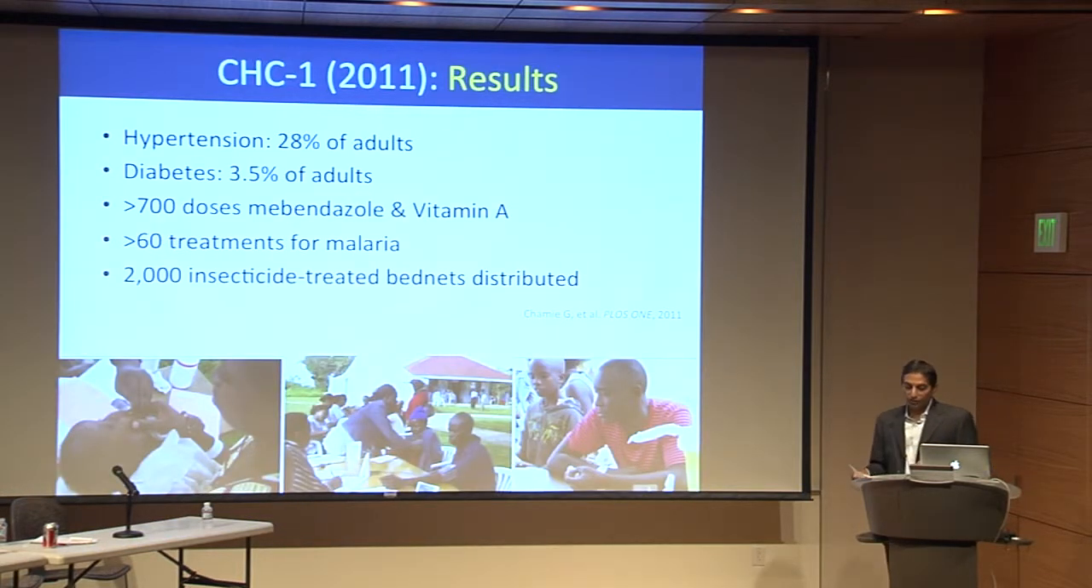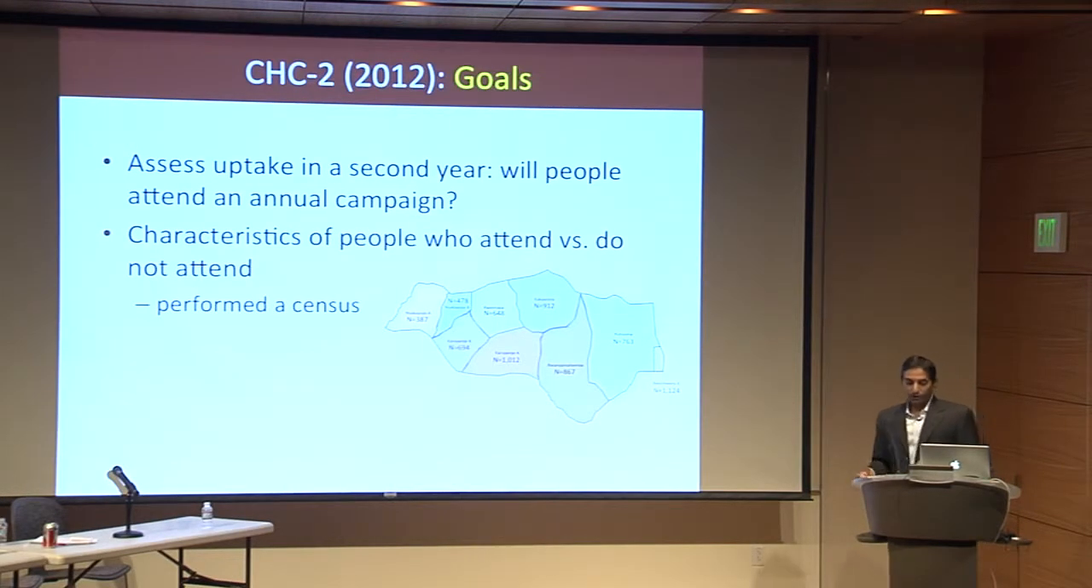In terms of non-HIV outcomes, as I mentioned, we also looked at other things and found a high prevalence of hypertension, 28%, and diabetes at 3.5%. We did a lot of service delivery in this only 5-day campaign. Over 700 doses of mebendazole and vitamin A were distributed, treatments for malaria were provided, and over 2,000 insecticide-treated bed nets were distributed. So 1 year later, in 2012, we went back to the same community and did a repeat health